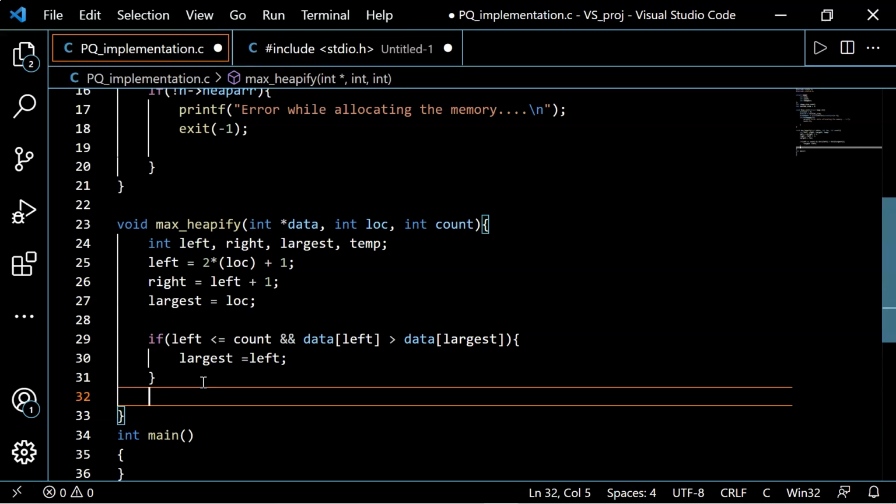Okay, now let's work on the next condition. Now we will check the value at the right position. If right is within range and the value at right is greater than the largest value, then the element at largest will be set to right.